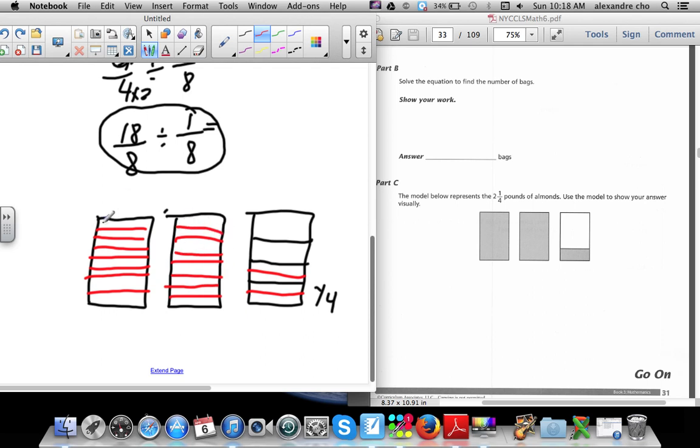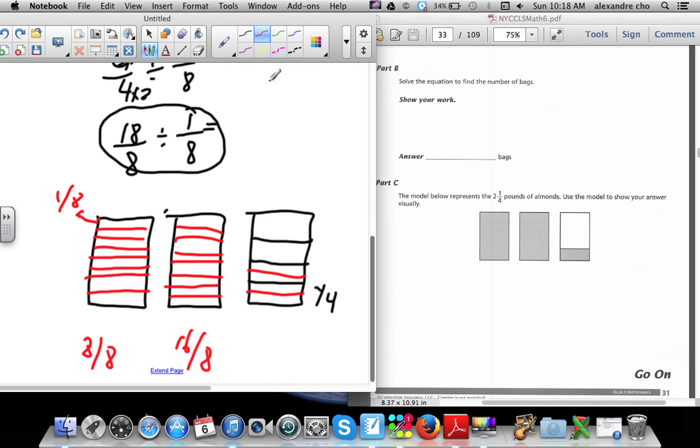So let's count this. This is 1/8. You have 1/8, 2/8, 3/8, 4/8, 5/8, 6/8, 7/8, 8/8. So you have a total of 8/8 on this. 9/8, 10/8, 11/8, 12/8, 13/8, 14. No, sorry, 9/8, 10/8, 11/8, 12/8, 13/8, 14/8, 15/8, 16/8. Okay,